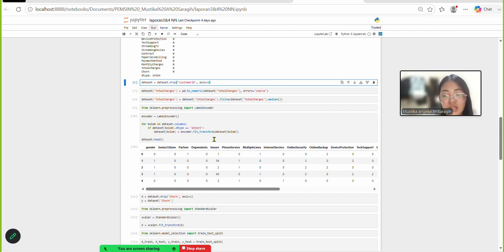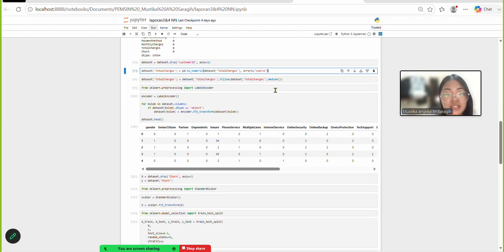Next is convert total charges. This code converts the total charges column into a numerical data type, and invalid values are converted into missing values. Next is fill missing value.